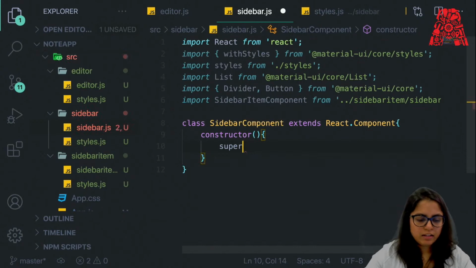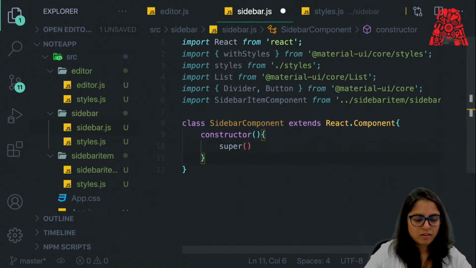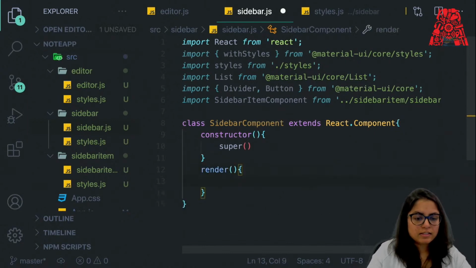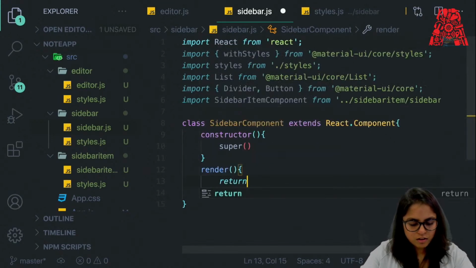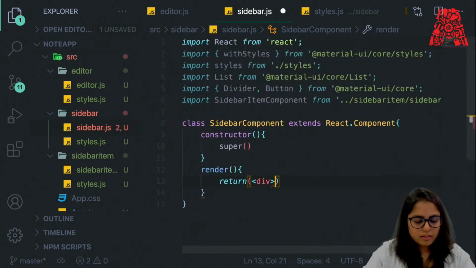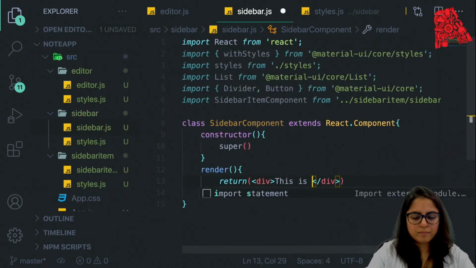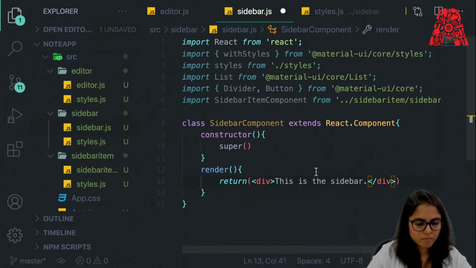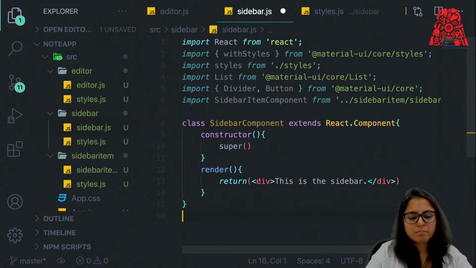We don't need any state here for now. And then we want it to render "this is the sidebar" text on our browser. So we do it by returning a div: this is the sidebar. And then we have to export the sidebar